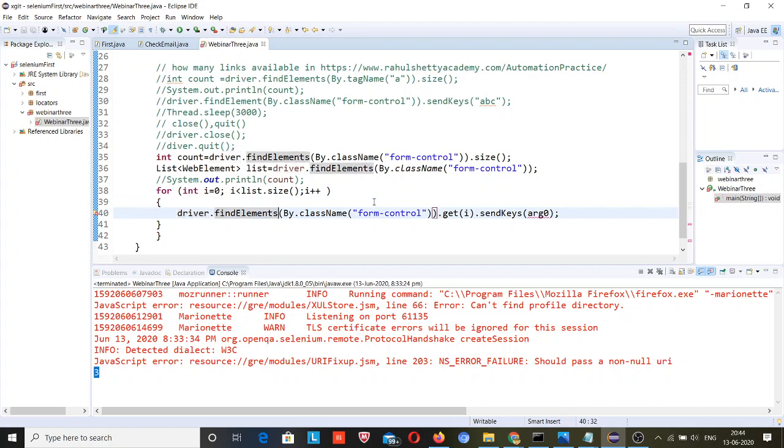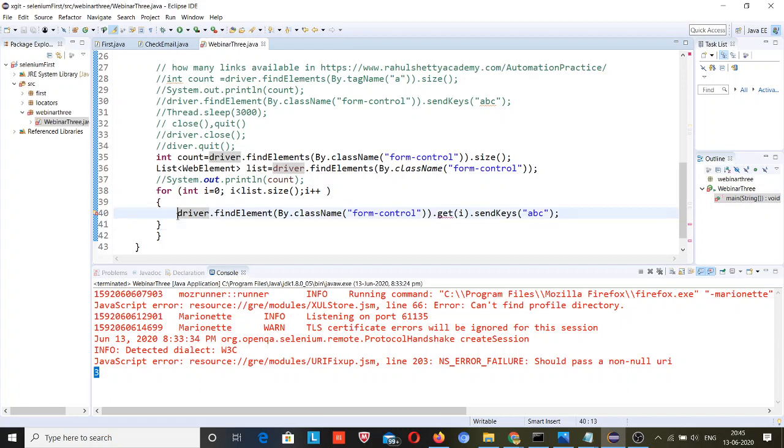Let me explain what you are trying to say, please. I'm trying to print something in index 2, I mean text box 2. Just make it find element simply. No, I actually want to enter for the second index only. So if you go with find element, you don't have this method in find element, and this get I is only used when... I was trying to do it previously. I don't find this get I method. I don't know what the error actually was at that time.